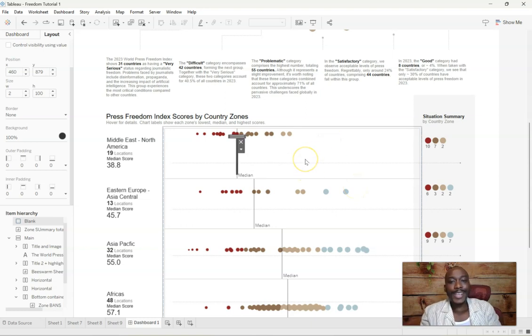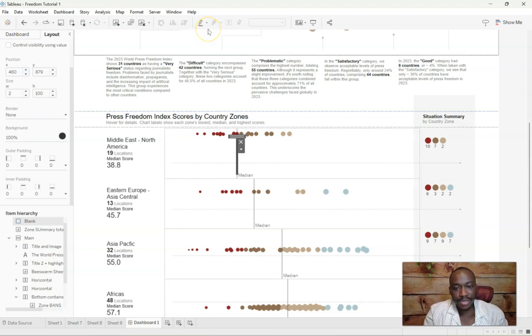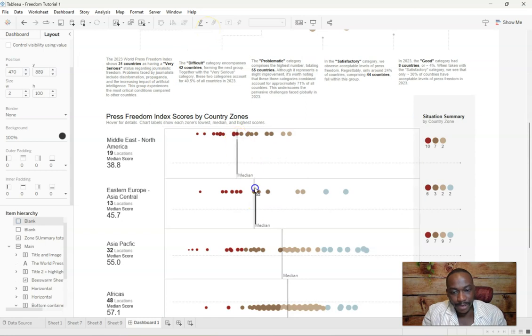And because of Tableau's awesome copy and paste feature, I don't have to waste too much time recreating that reference line. So if you have Tableau Public, you should have access to this. If you're on a specific version that doesn't have copy and paste, maybe you're with an organization who's giving you a license, you may have to create this multiple times. But in this case, we can just do Control-C, Control-V, and then we can pop it over here, quickly align it,